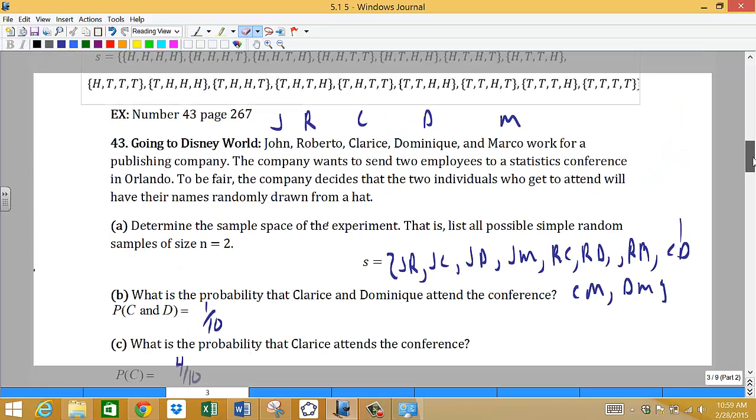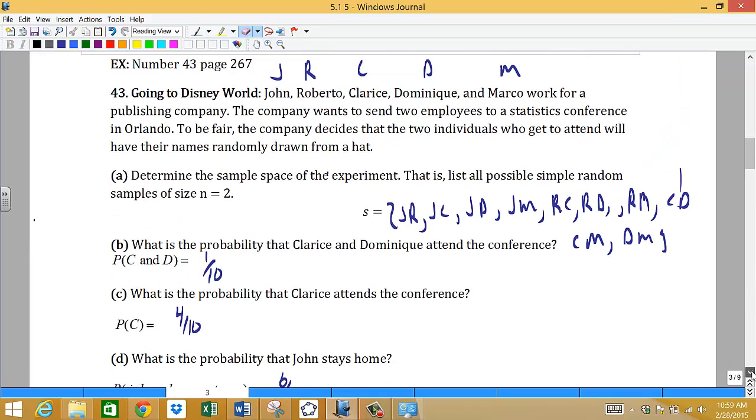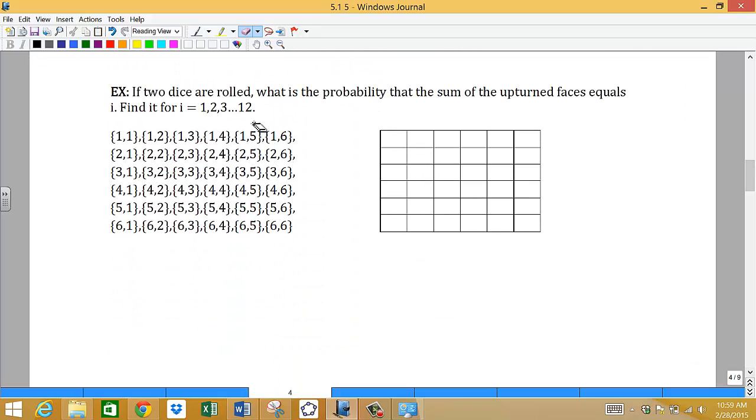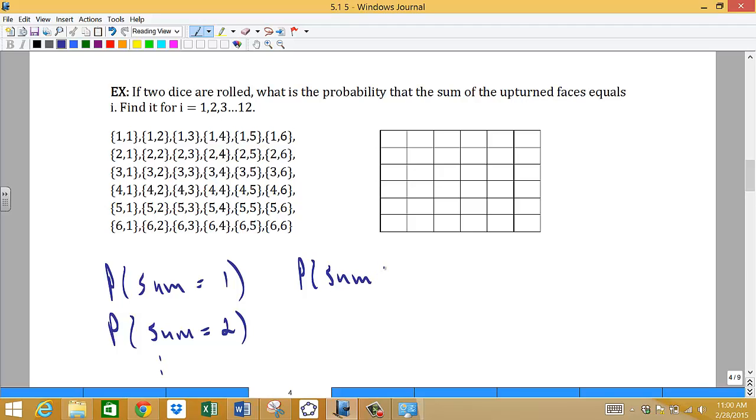So what I want to do now is I'm going to let you do this one. I want you to practice this one at home maybe. Find the sum that the 2 die is equal to 1 to 12. So what's the probability the sum is equal to 1? Probability sum of the 2 upturned faces is equal to 2. And you'll do that all the way down for the sum. Probability the sum is equal to 12. So that'll be one you can practice at home. Okay, let's move on to